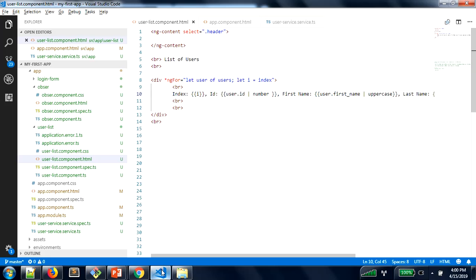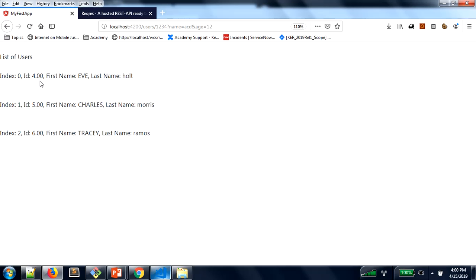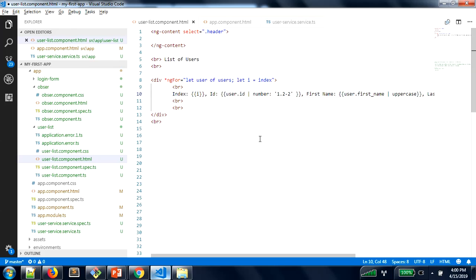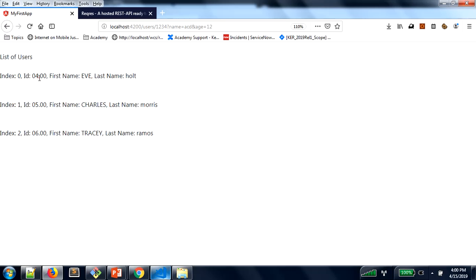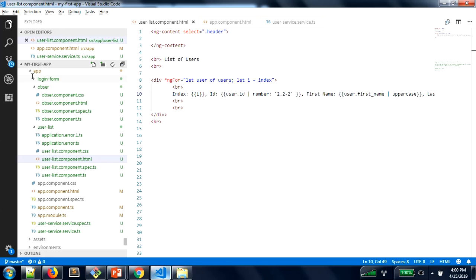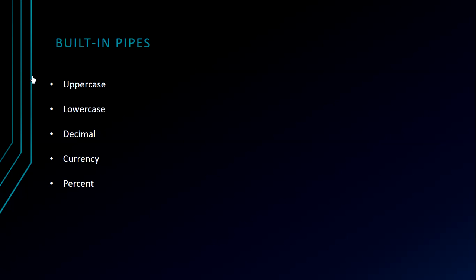If I want to do that, I can even pass arguments to this number formatter. So you can say 1.2-2 and enclose it in single quotes. And you can see it has taken two decimal places, right? If I say 2.2-2, it will give me two digits by prefixing it with 0. So likewise, you have other operators like currency and percent, right? So please go ahead and experiment. Now let's see how we can deal with the custom pipes, because many times in the application you have a lot